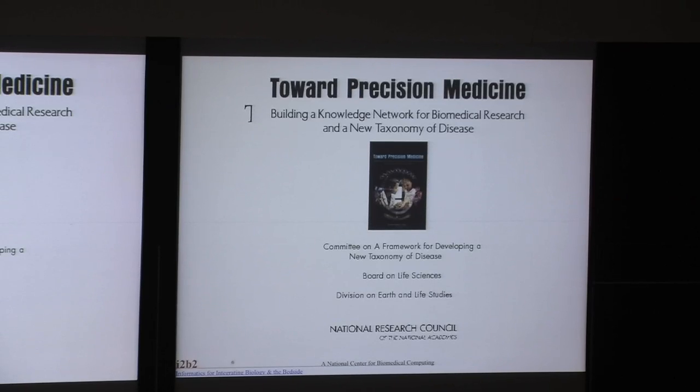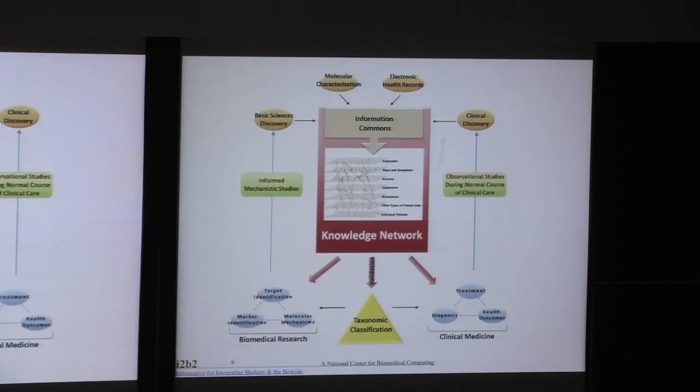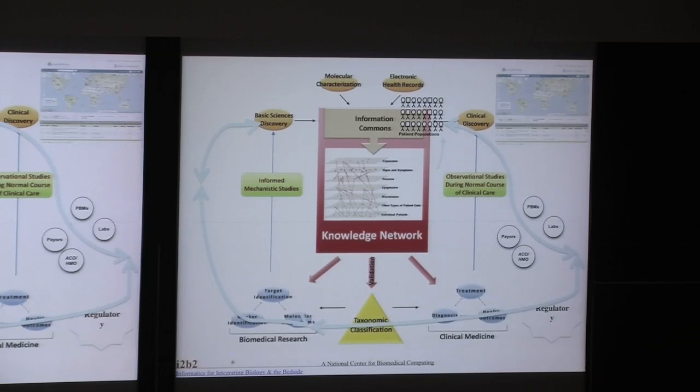This is freely available online from National Academy Press, where we talk about how we're going to create, just as Google has layered multiple modalities on top of satellite imagery to create the whole ecosystem that you know well, an information commons across all the exposures from the environment through the genome on down to individual patients, to actually understand the interactions of these various parts, so that not only do we go from the standard basic science to biomedical research pendulum, but we extend it to observational studies during the course of clinical care, using our electronic health records,